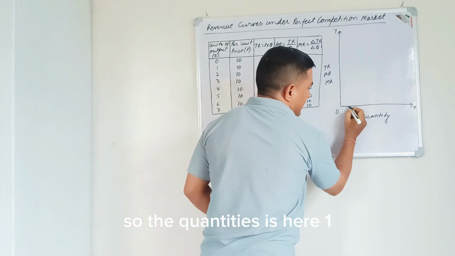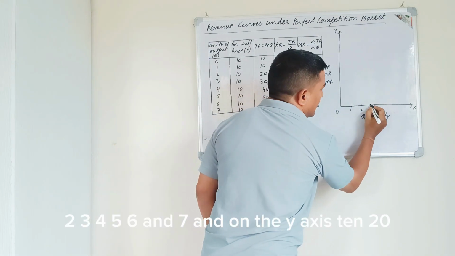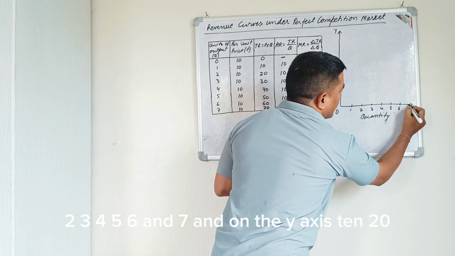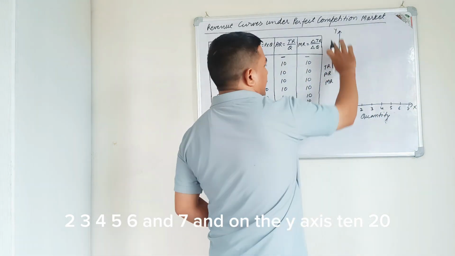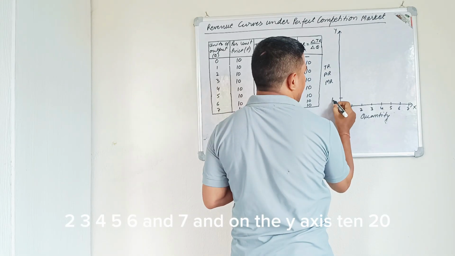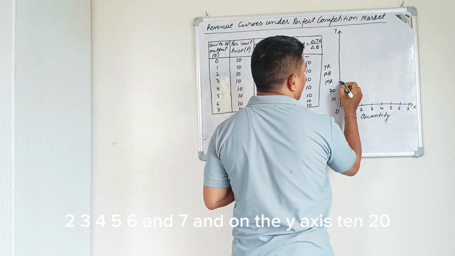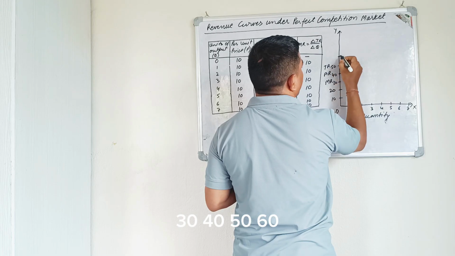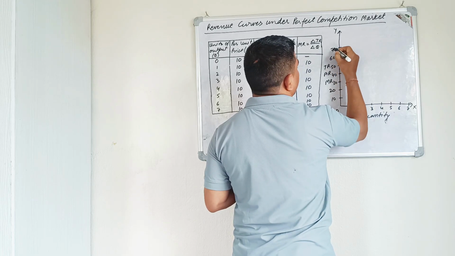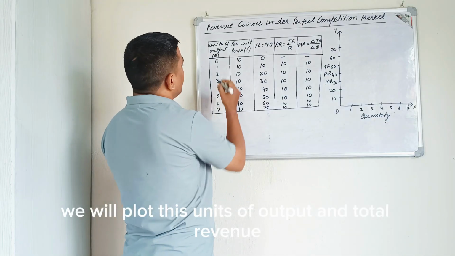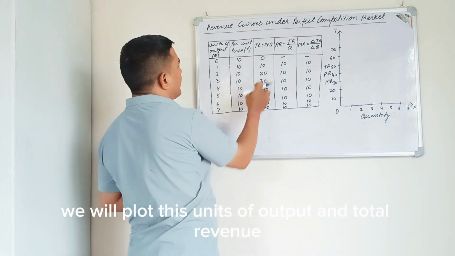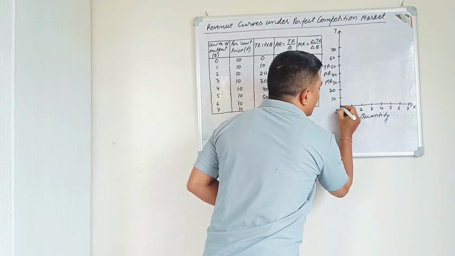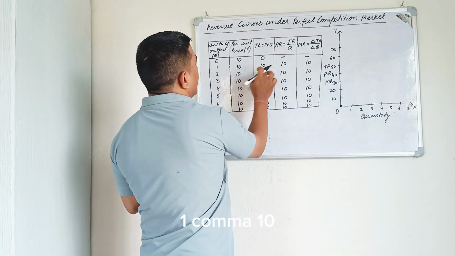So the quantities here are 1, 2, 3, 4, 5, 6, and 7. And on the y-axis, 10, 20, 30, 40, 50, 60, 70. Now we will plot these units of output and total revenue. Here, the first point is 0, comma 0, 1, comma 10,